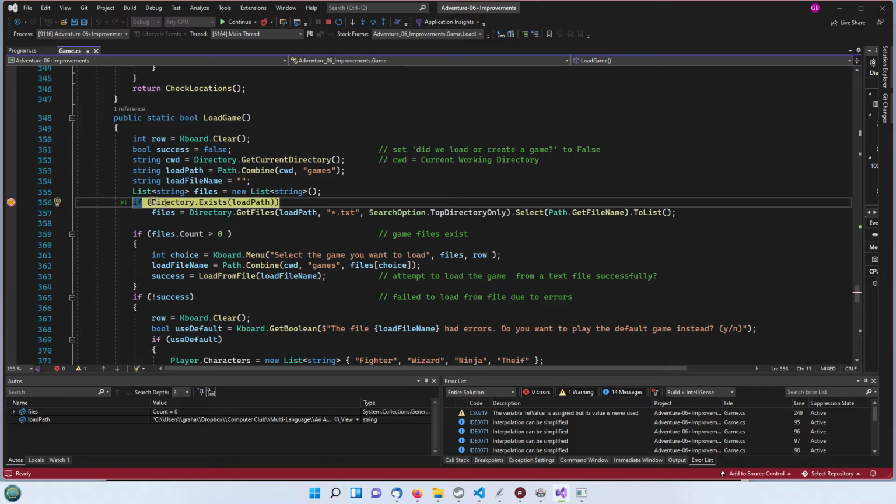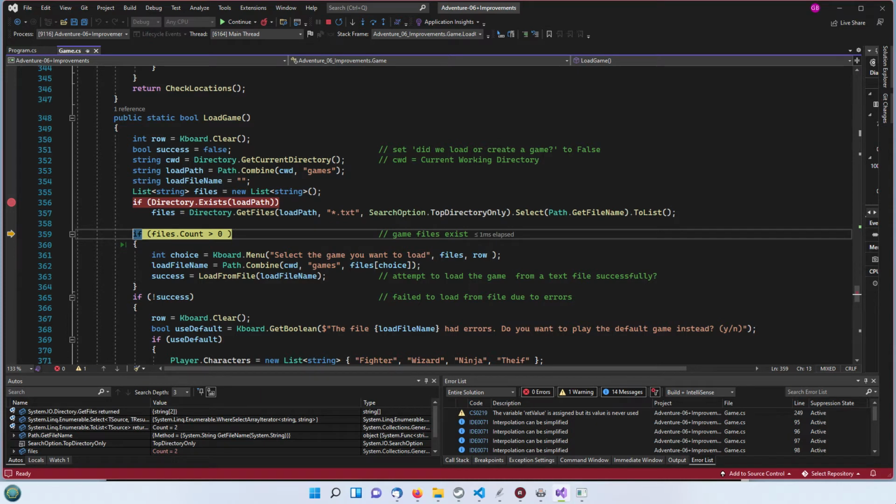It's now going to check whether that load path exists, and if it does, it's then going to get the files and store them in this object here. So let's press F11. There we are. So files has now got two files in it, which is default game.txt and school.txt. If the files count is greater than 0, which it is, there's two of them, then we're going to use the keyboard menu as we've done before to find out which file we want to